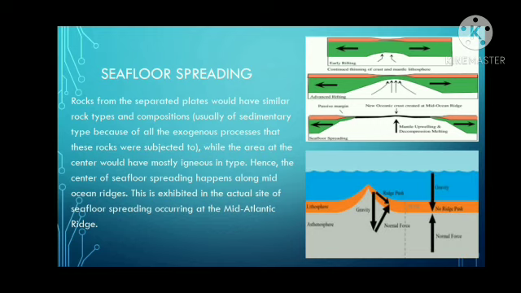Rocks from the separated plates would have similar rock types and composition, usually sedimentary, because of all the exogenous processes that these rocks were subjected to, while the area at the center would have mostly igneous rock types. Hence, the center of seafloor spreading happens along the mid-ocean ridge. This is an actual site of seafloor spreading occurring at the mid-Atlantic ridge. So seafloor spreading helps explain the continental drift theory